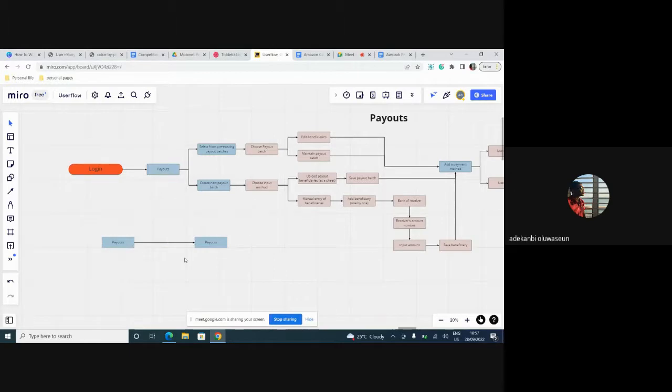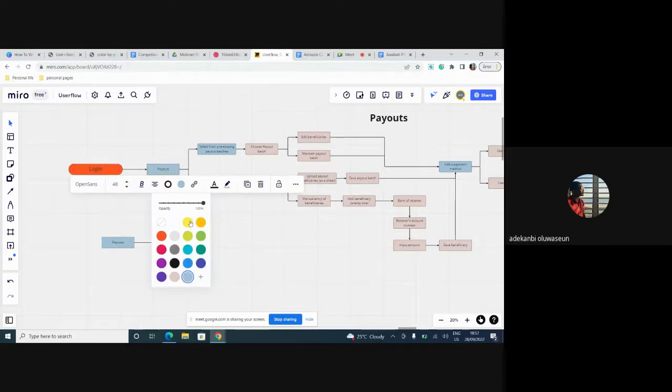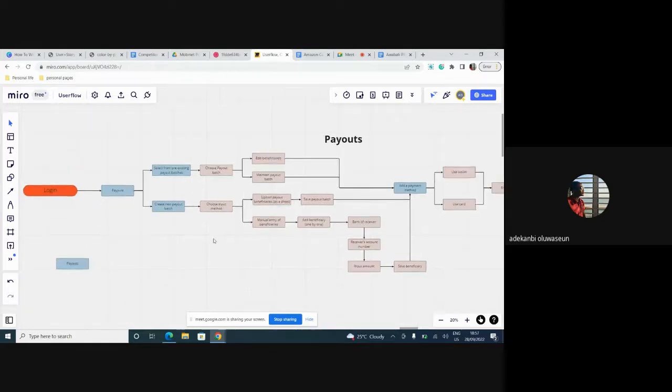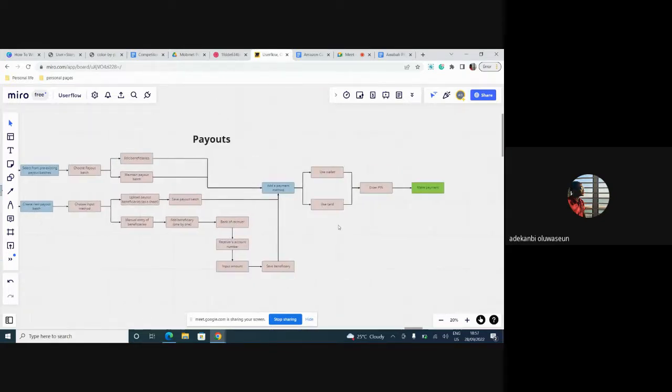So primarily, this is what you're doing. You can go as far as adjusting just like this. It's as simple as ABC. If you want to change the color, tap on it, go to the color menu, and change it. Very easy. If you want to delete it, tap on it and click backspace, and it's deleted. Following that process, you'll be able to build a very extensive flow like this.